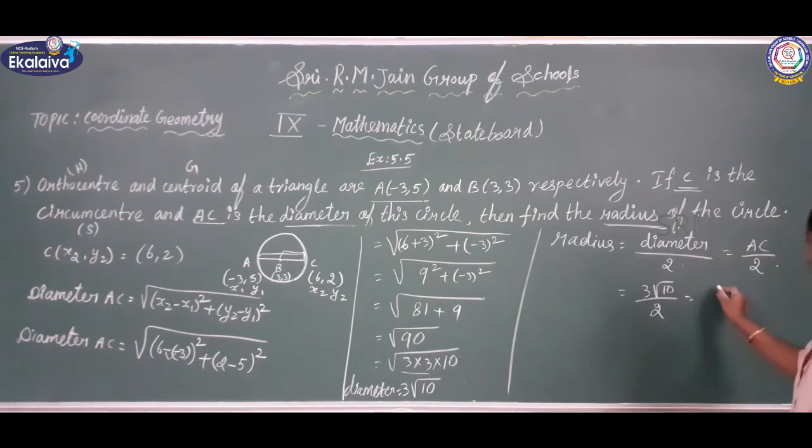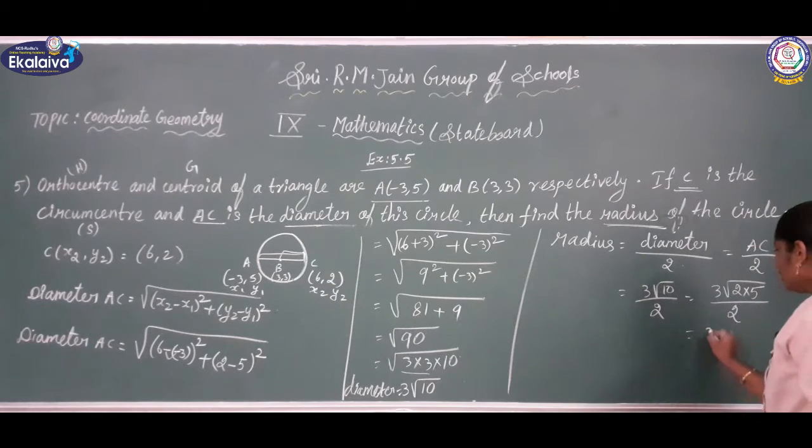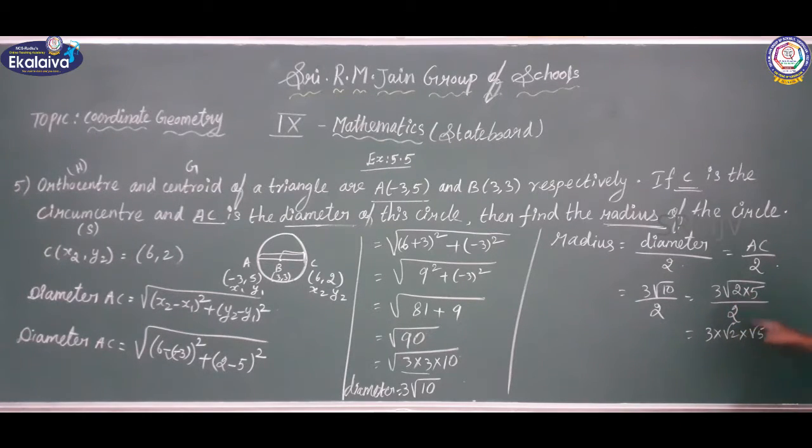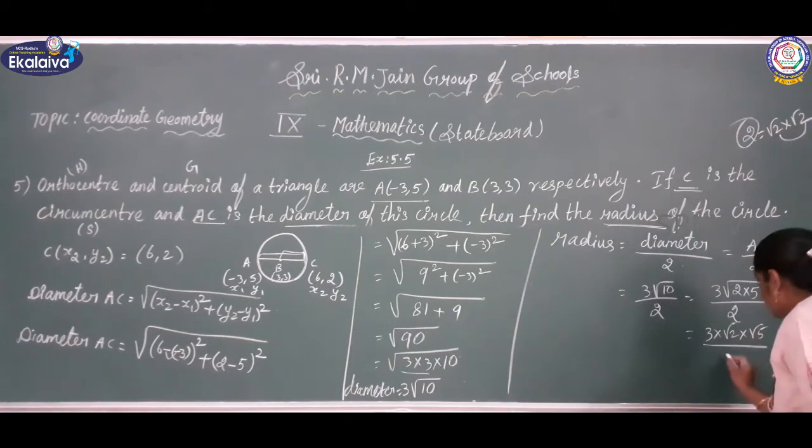Now you split this 3 into root 10. How can you split this? 2 5s are 10, divided by 2. Now we can split this 3 into root 2 into root 5. We can write like this. Root of 2 into 5 we can write root 2 into root 5. When we multiply this we will get the same number only. Divided by 2. Okay, so the 2, how can you write, children? 2 equal to root 2 into root 2. When we multiply this what you will get? 2. So you replace it. Okay, so instead of the 2 you can write root 2 into root 2.